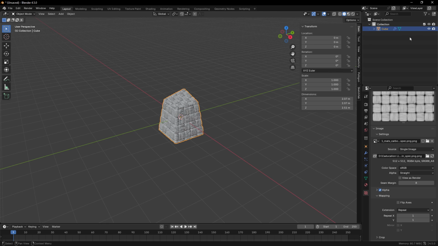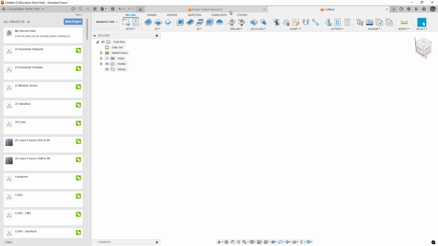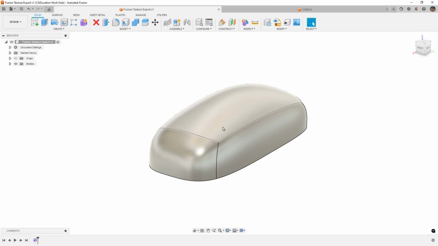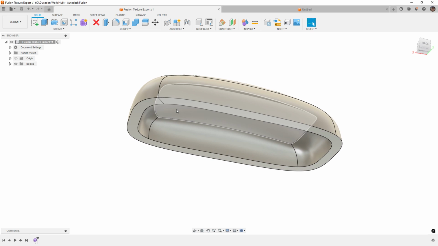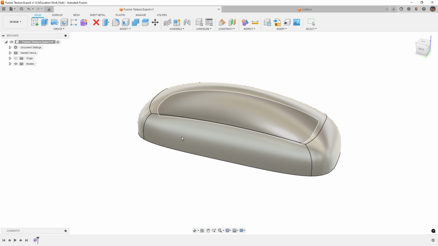All right. So now we're going to hide this, and we're going to talk about importing something from Fusion. So I'm going to hop back to Fusion, and go ahead and take a look at this sort of funky bread loaf shape. So this is just a freeform model that I am going to use to apply that carbon fiber texture to. A couple of things that I would suggest before you ever send this out to Blender is